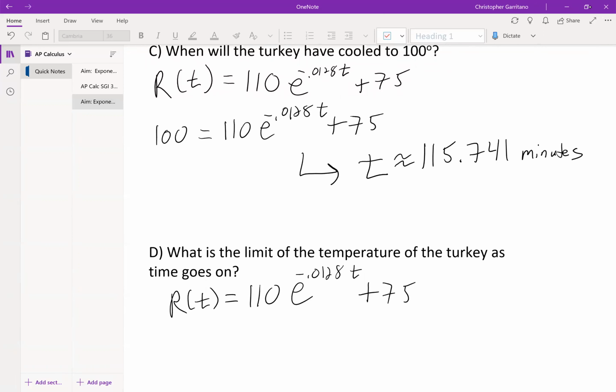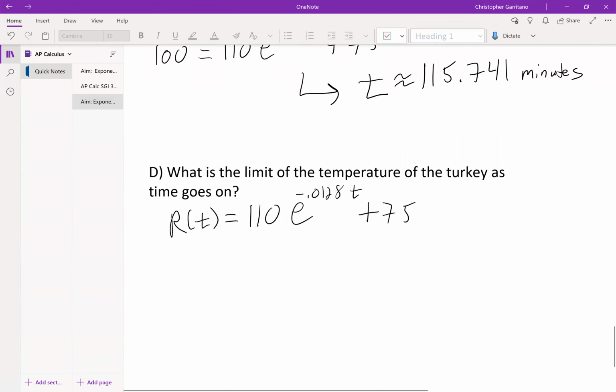So let's take our temperature function. You might be thinking, well, temperature is decreasing, and so as time goes on, should temperature just keep decreasing? But then obviously you say to yourself, I guess technically temperature could be negative, right? We do have negative temperatures outside sometimes, but do you think the turkey is going to get to a negative temperature? Well, let's analyze. So as t approaches infinity,